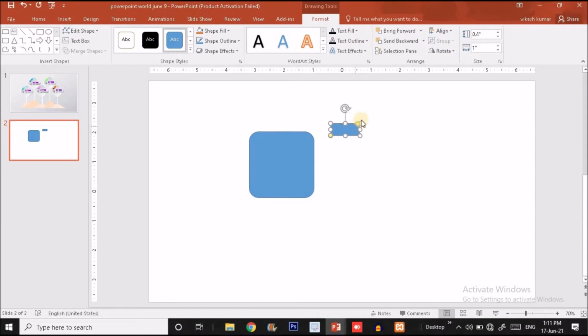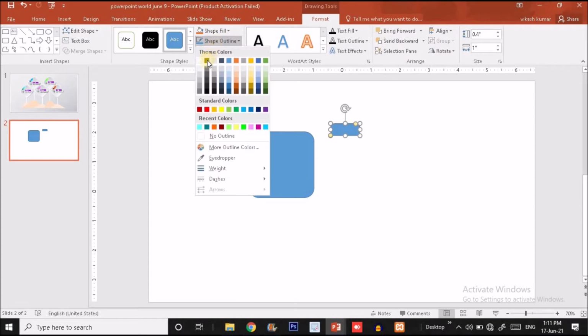You will find 2 dots over here. We don't make any changes with this dot, but we'll do changes with this dot. I'm going to drag it to the left to make the upper 2 corners rounded. Okay, so I will put it over here like this, and now I'm going to remove the outline from this shape.